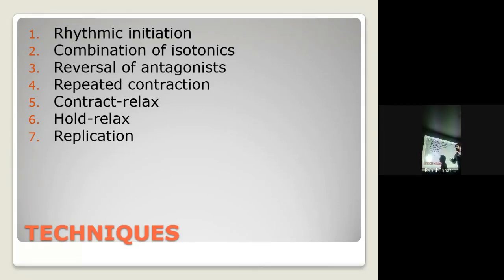For rhythmic initiation, just to give you a brief idea, it starts with passive movement. We ask the patient to do nothing, then we ask the patient to do active assisted, that is help in the movement that we are aiming at. Later, completely assisted movement, completely active movement, and last will be resisted motion. Yes, so if you follow this, then 100% the patient will gain normal voluntary control, motor control. That means ability to control any movement through the brain.